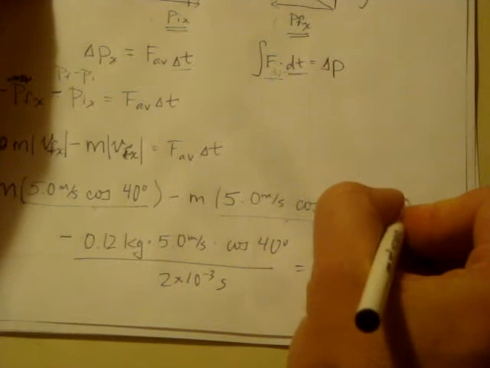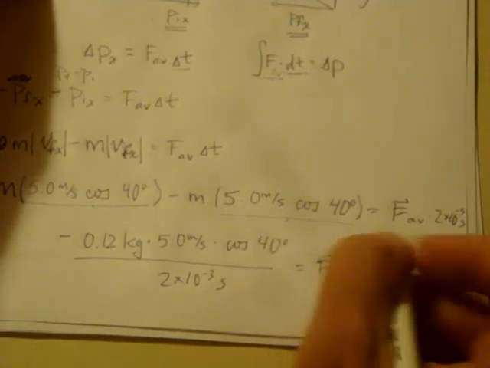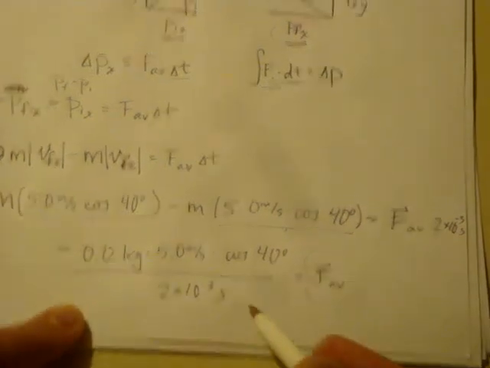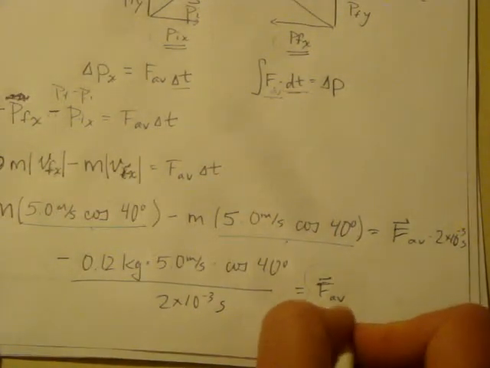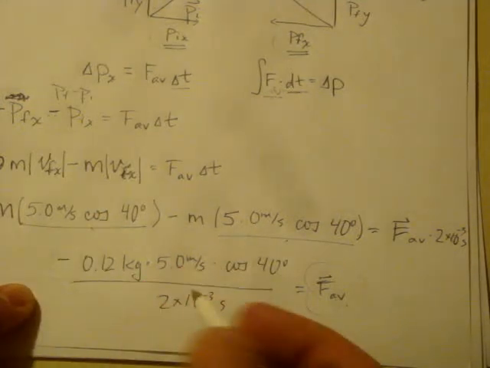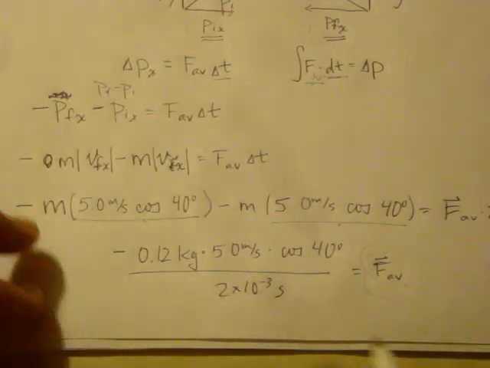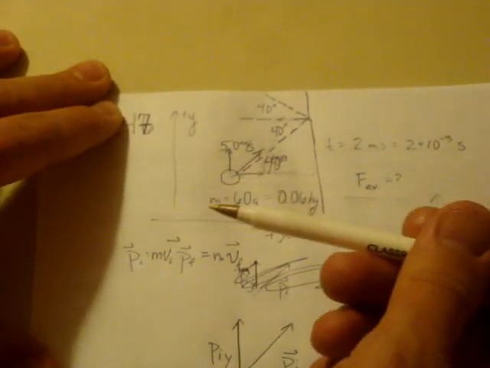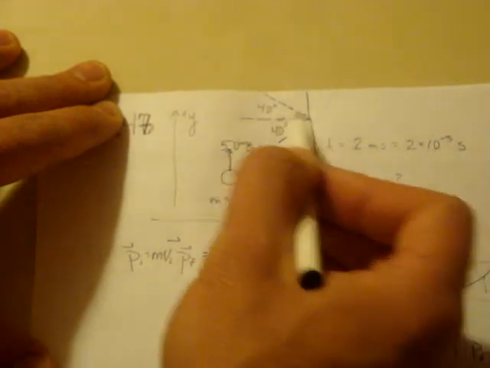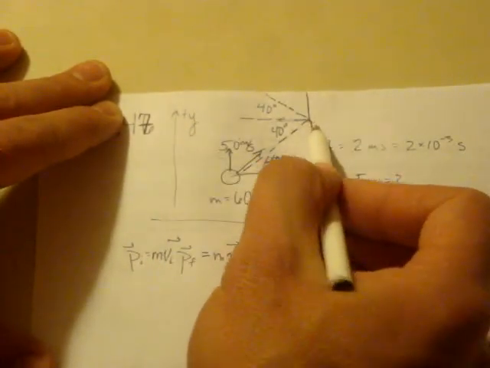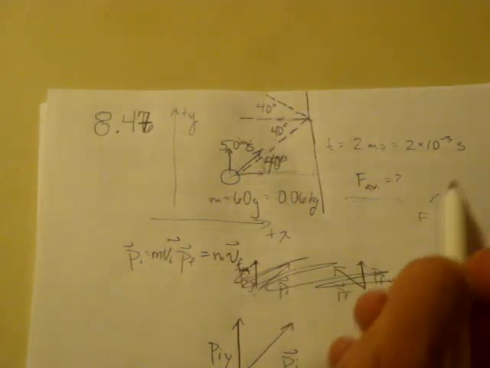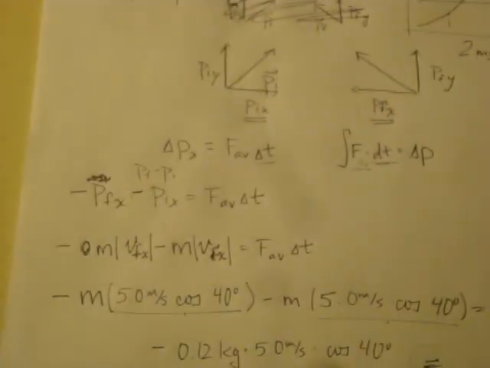And what does that tell us? I should have been putting these vectors in a little bit, right? This is the average force. All of this was in the x, so we know this average force in the x direction is going to be a negative value, right? And that should make sense because we chose positive x to be to the right. So if positive x is to the right, the average force by the wall on the ball should be to the left, right? Because the ball is coming in and then its momentum in the x direction is changing due to the force exerted by the wall onto the ball over that time interval, right? So we get some value for the average force, and I don't have my calculator with me, but it would be pretty simple to plug all of this stuff in